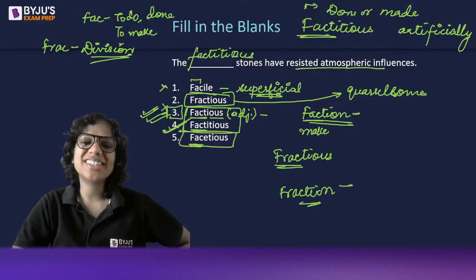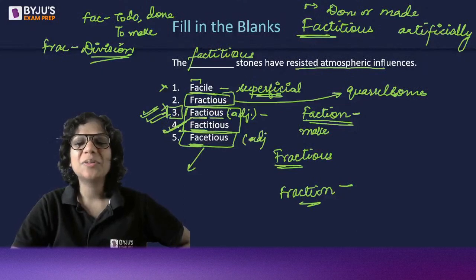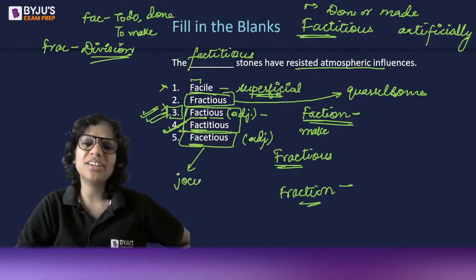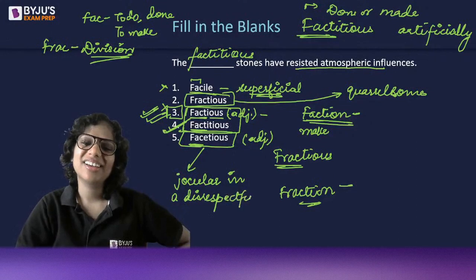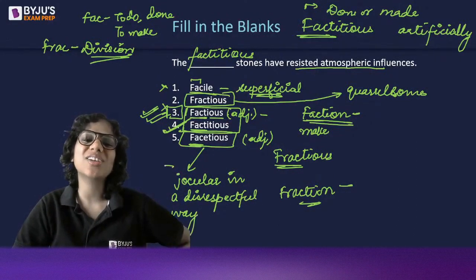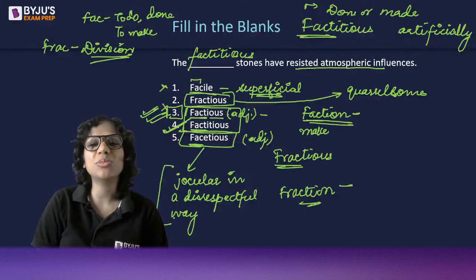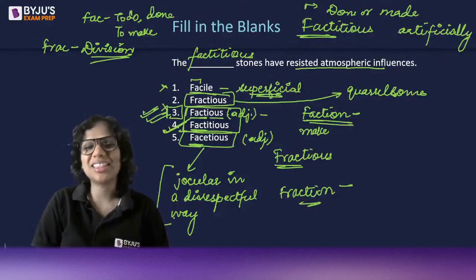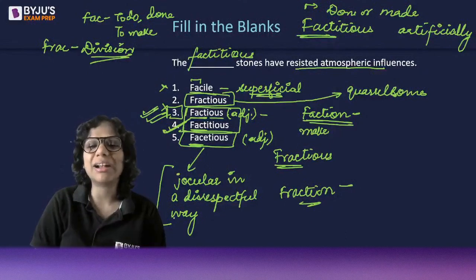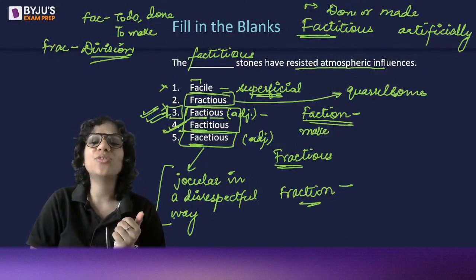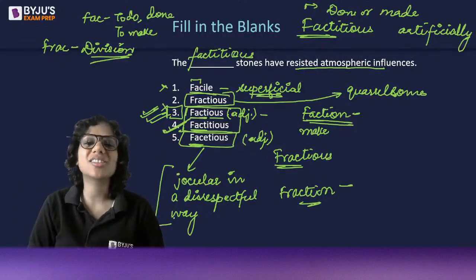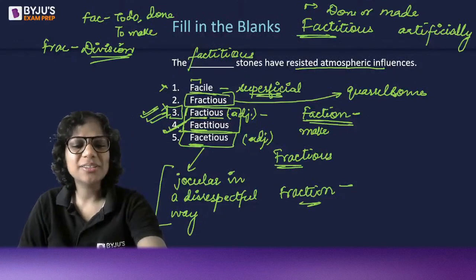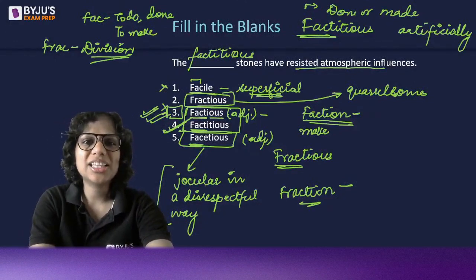And facetious, I really like this word. When you are jocular, when you're joking, and you're joking in a very irreverent way, in a disrespectful way, such that it may offend someone. So basically joking at someone's expense. This happens when friends also meet up. One friend would joke at the other's expense and then people would laugh, right? It's all friendly banter. So such jokes can be called facetious jokes. Such humor can be called facetious humor. Okay, you are being jocular in a slightly disrespectful way, irreverent way. Okay? I hope this makes sense.